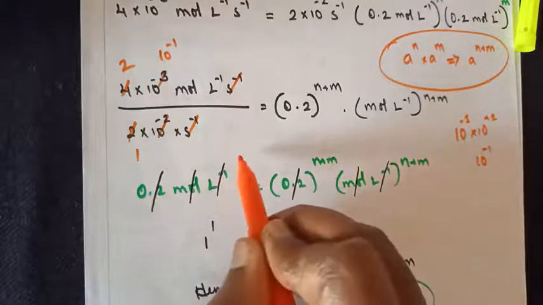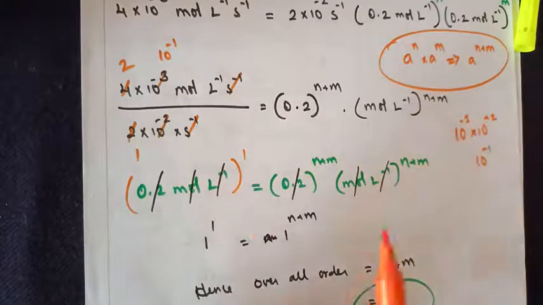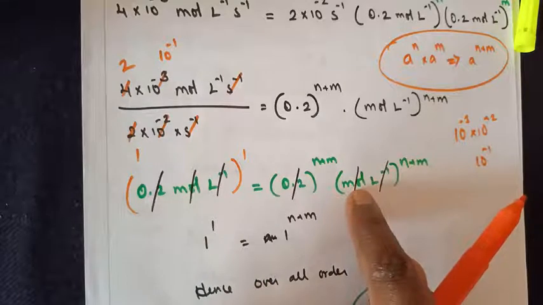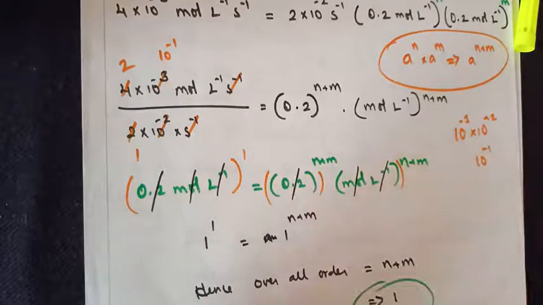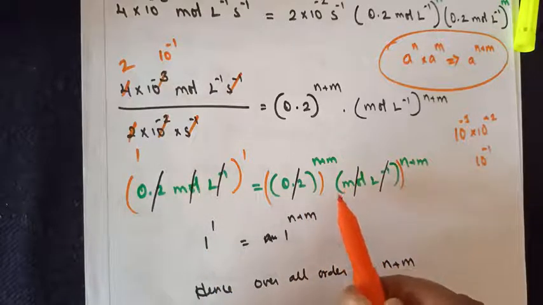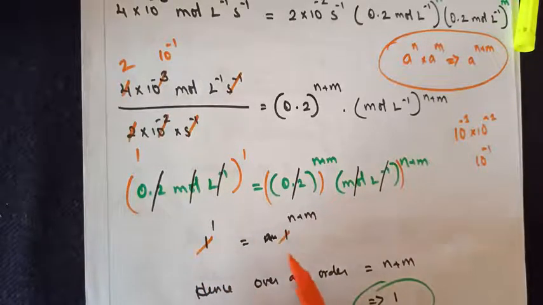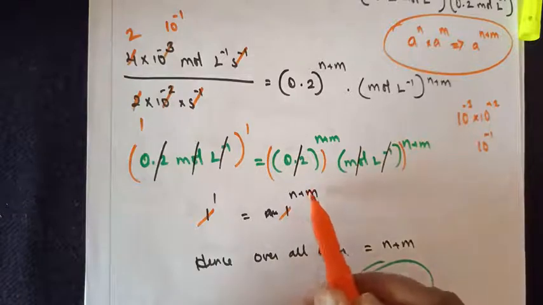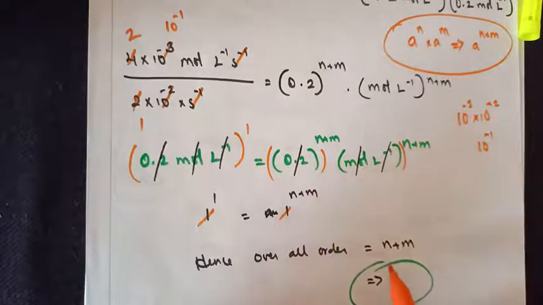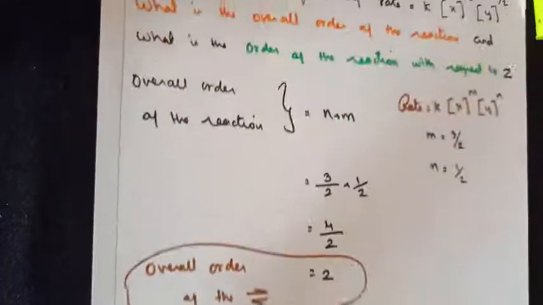When there is nothing, we imagine 1 to be there. All the terms are getting cancelled here. So if you put it within the bracket, it is 1 to the power 1 into all the terms that get cancelled. So here also we have 1 to the power n plus m. 1 and 1 get cancelled here. Therefore, the overall order n plus m, or m plus n, is equal to 1. The answer. Moving on to one more type of question.